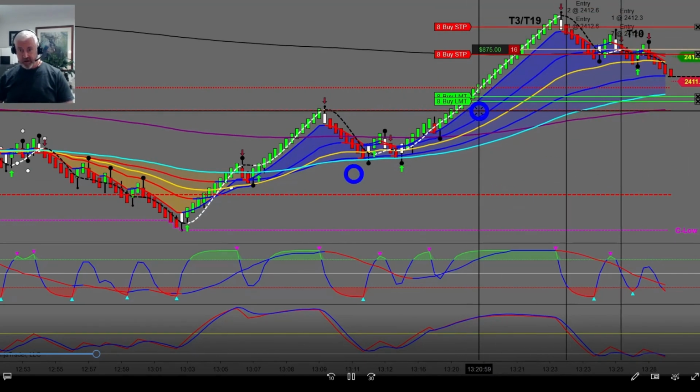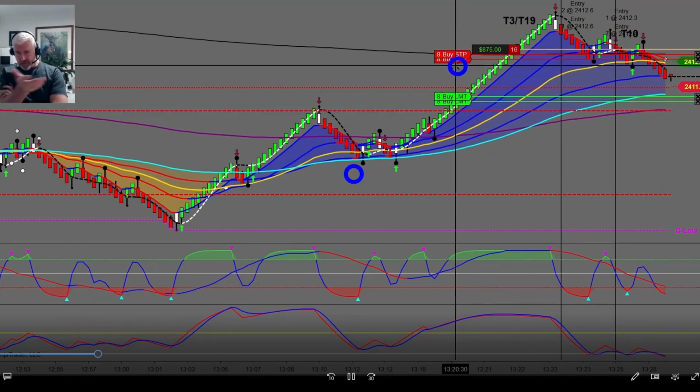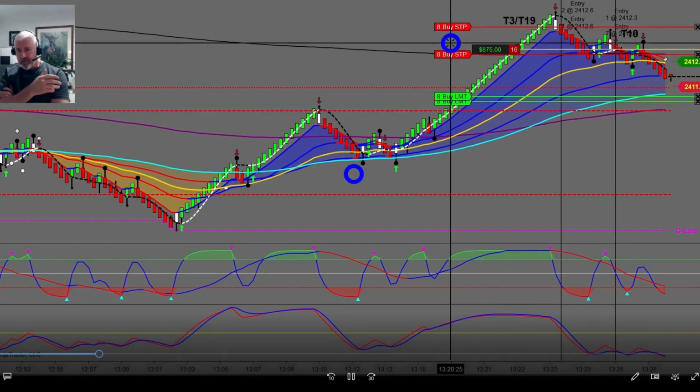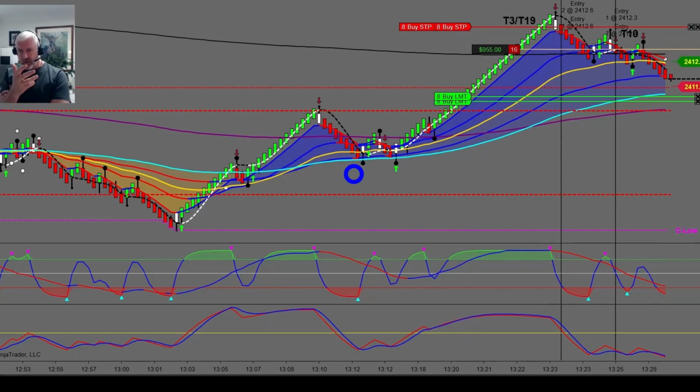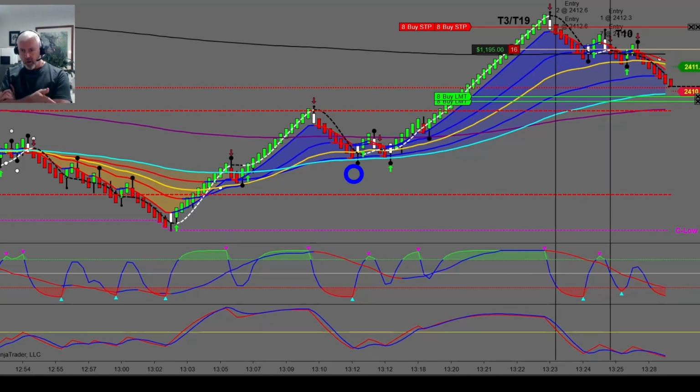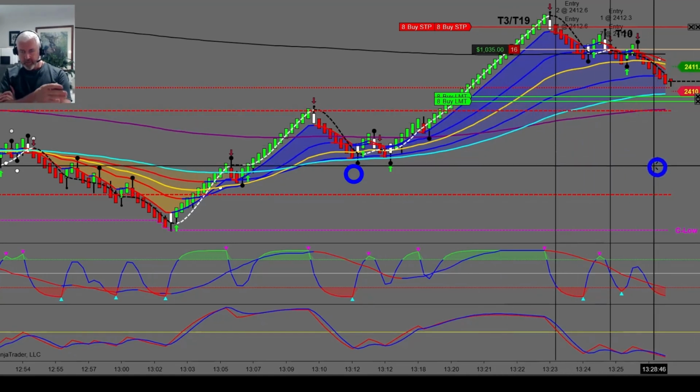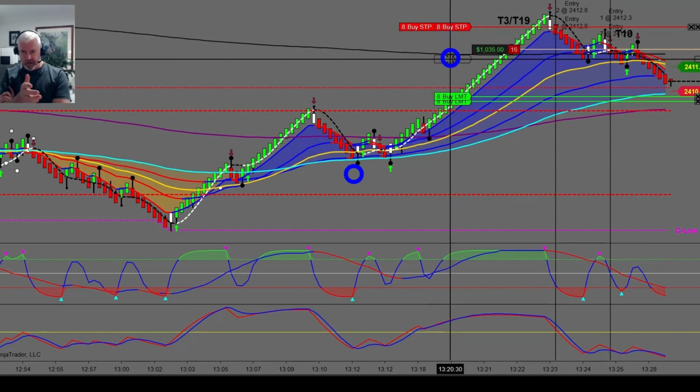I've had it where it goes to break even, as you can just see there. If I feel I might get a small pullback, I'll go back up there and place my stop where the original stop was. Okay, but I don't make it any larger. So here typically I'm going to have a 14 to 16 tick stop loss